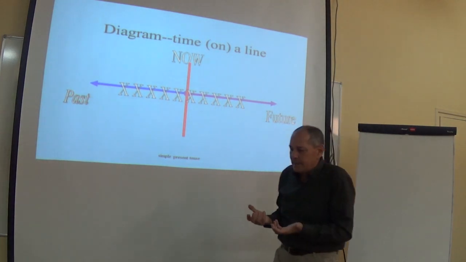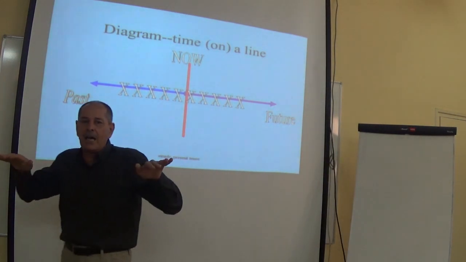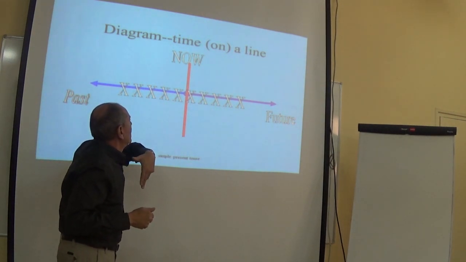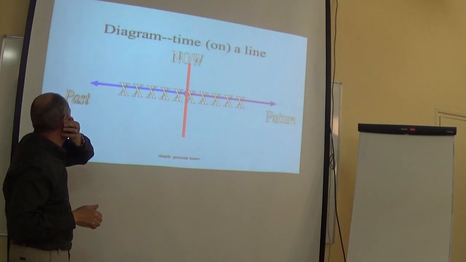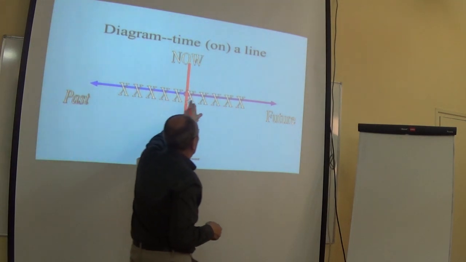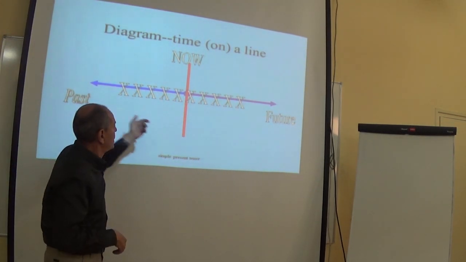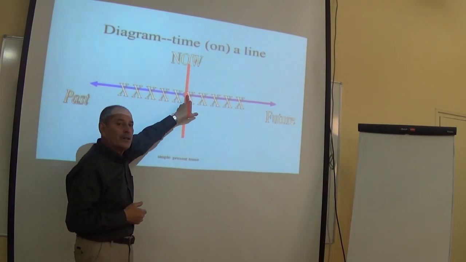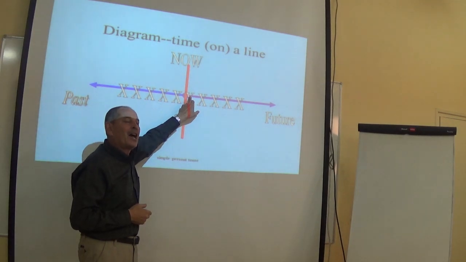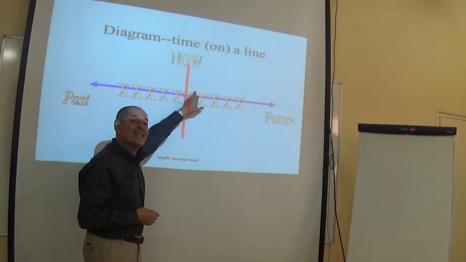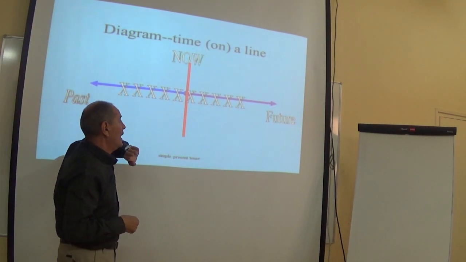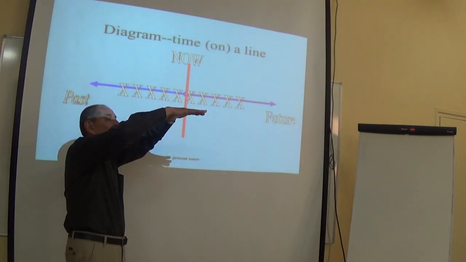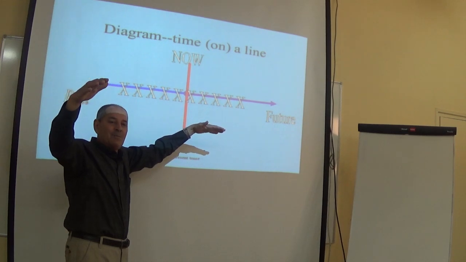Now you can represent tenses in a timeline, a time or line. For example, this is the line, the timeline. So here you have the past, we have the future. The present simple is not in this position, because I am explaining the tenses. This is now, present continuous. And we say the present simple is a timeless tense because it covers the whole timeline.